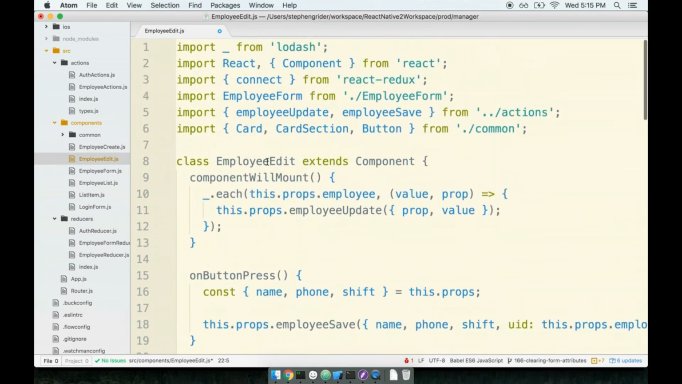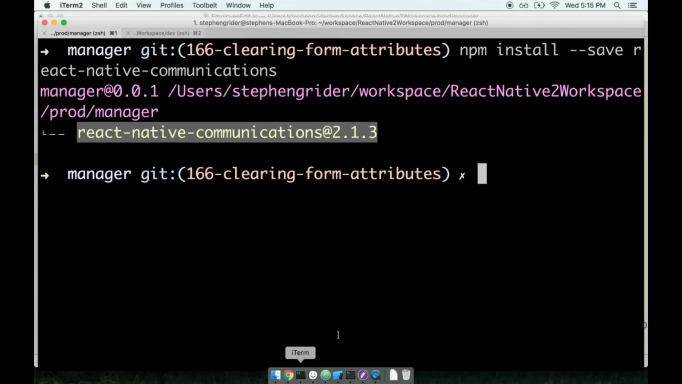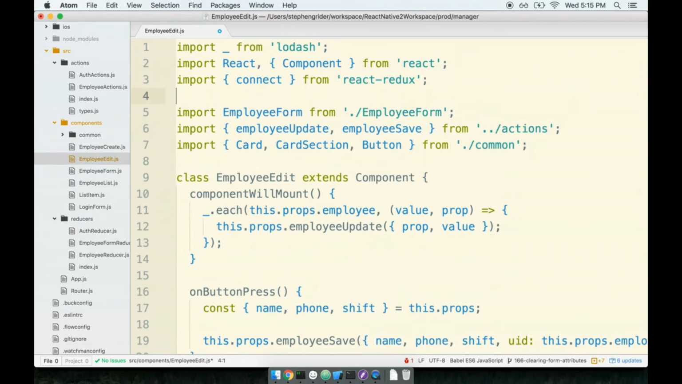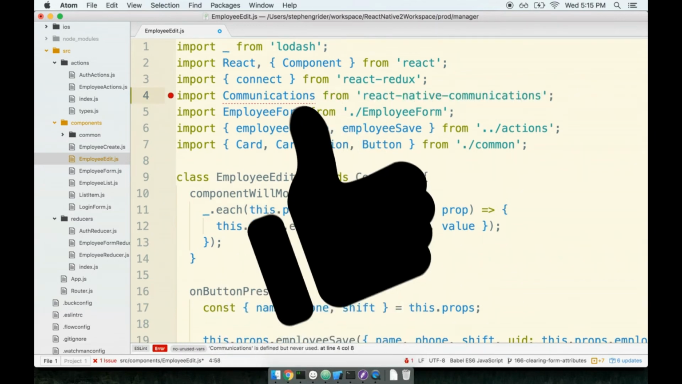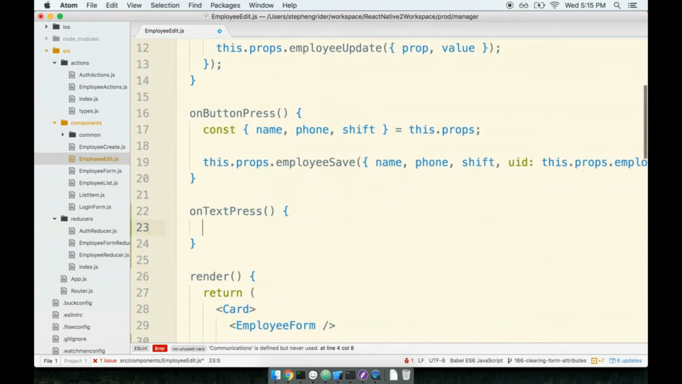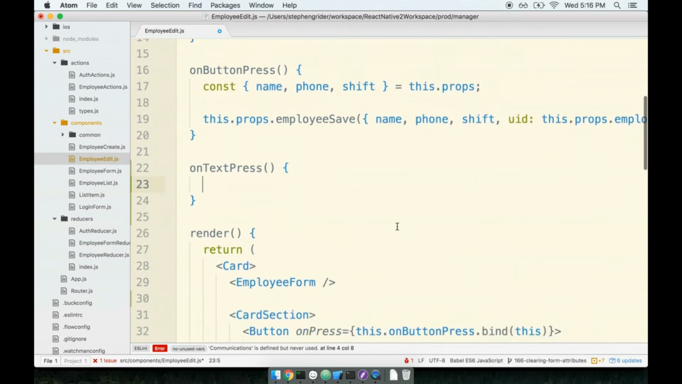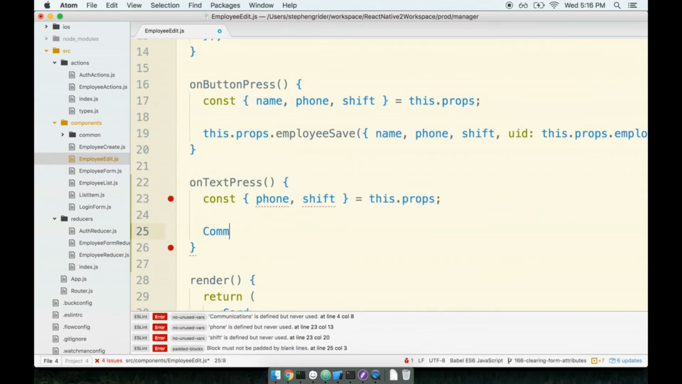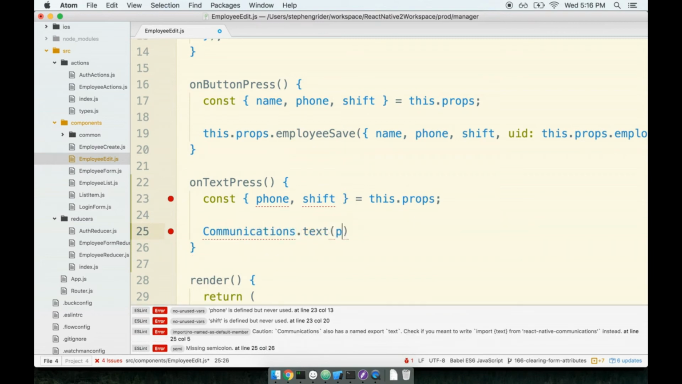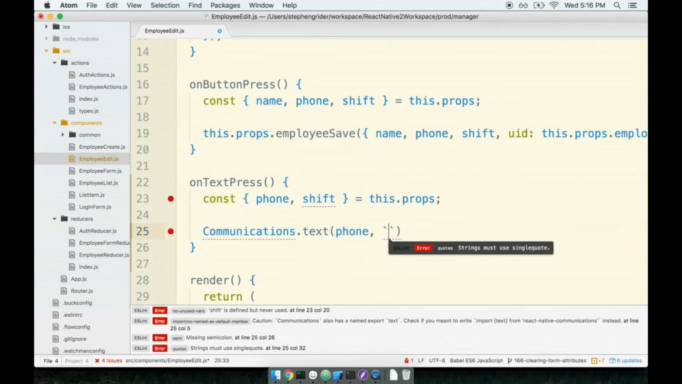And then back up at the top, I will import. Let's first make sure that the installation was successful. Yep, it is. So I will import communications from React Native Communications. And then here comes the kind of disgustingly easy part. I know I should have tried to make this a lot harder than it is. We'll take our phone and our shift from our props object, and then we'll call communications.text, the phone number, and I'll do an interpolated string here